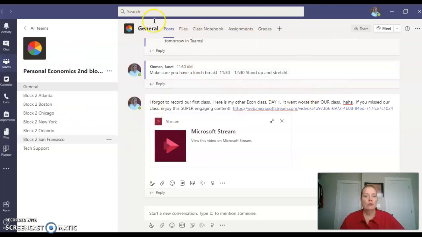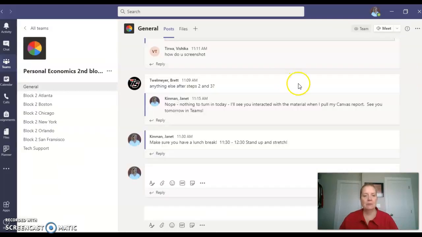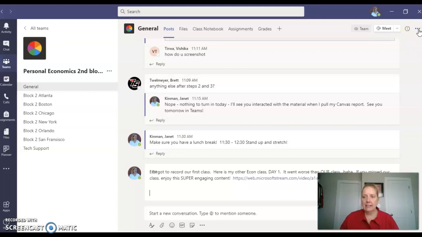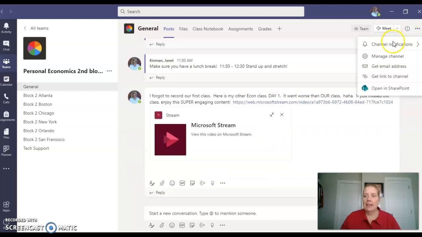You're going to go to your class chat, over here in Teams, all of your teams. Whichever one you're wanting to change, click on it. I'm going to pick my personal economics block 2, and if you click these three dots in the upper right hand corner, and then you go to channel notifications,